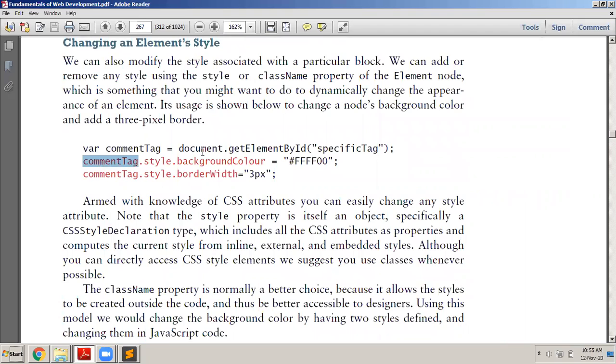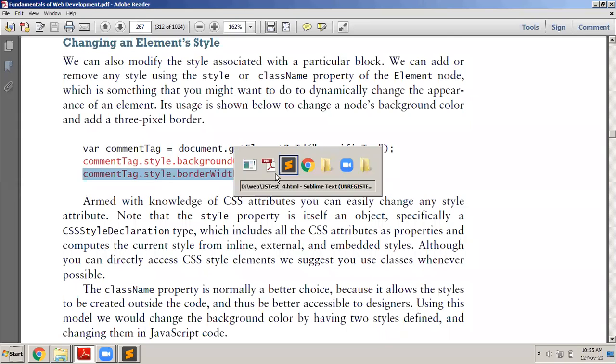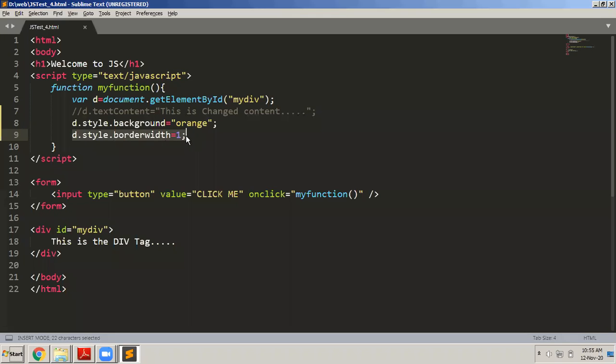We take that element. Okay, document.getElementById, specific tag, some tag we take. In our case, the name of that object was D, but here the object name the author has given is comment tag dot style dot background color, and border width. Yeah, border width is also there. So I'll just copy that. So instead of the comment, I have D. So I have D dot style dot border width equals 3 pixels. So I save that,